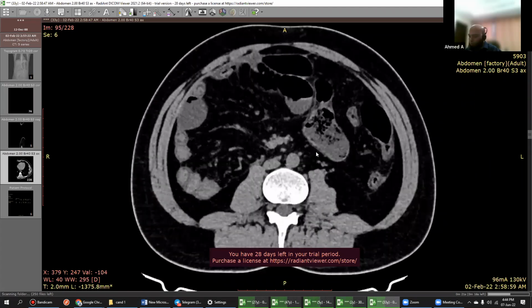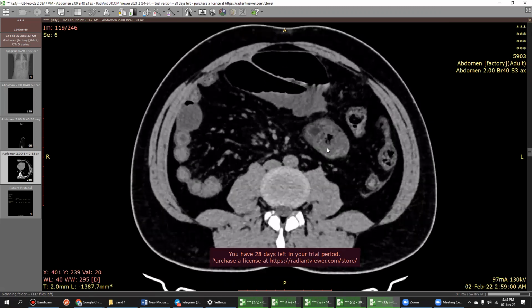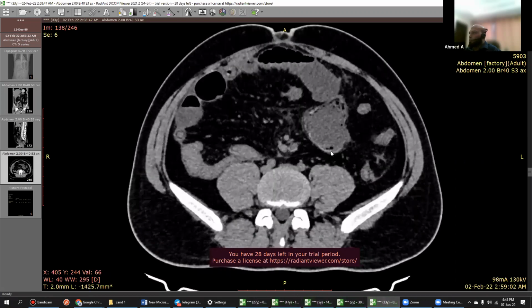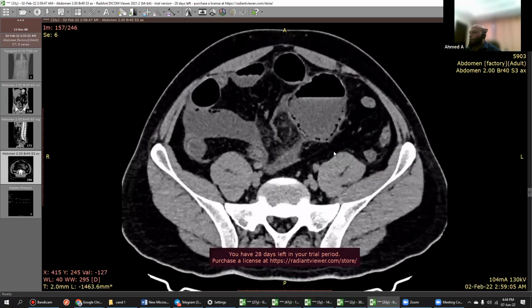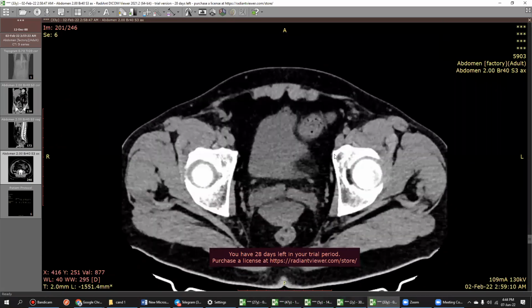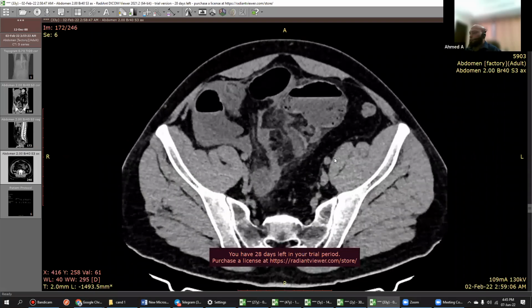Can you repeat again? Post-contrast CT scan of the abdomen. Again, repeat. It's a post contrast. Are you sure? I think this is a non-contrast examination. Sorry, yes, I would be very careful. I'll take it back.